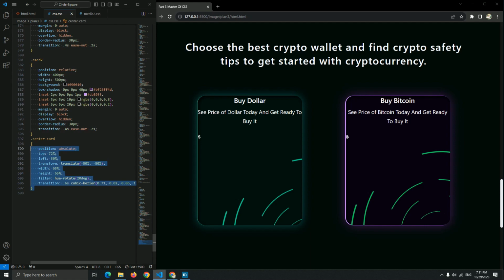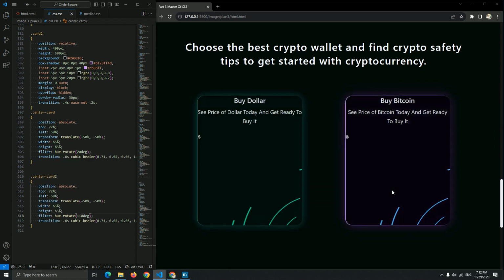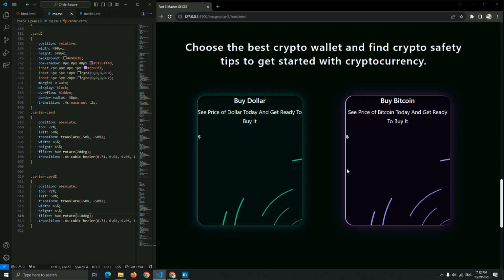Now for the center card 2, copy paste it here, and hue rotate, let me change the color of the image, set it to 110 degrees. Yep, nice, everything looks fine, guys.